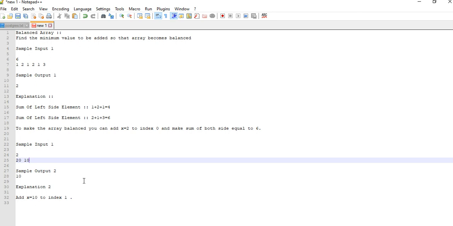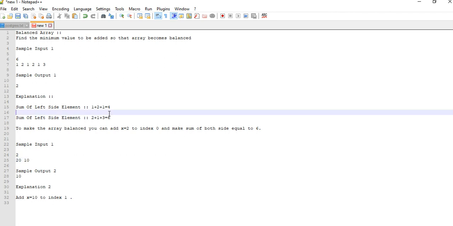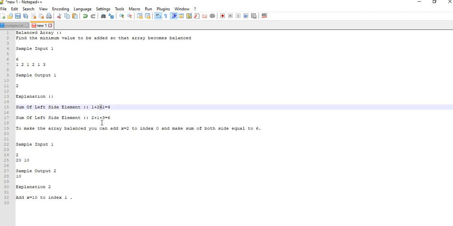For this we are going to take the input from the scanner, then create a method which will return the absolute value of the sum difference, then print it. That becomes the minimum number of elements which we need to add.